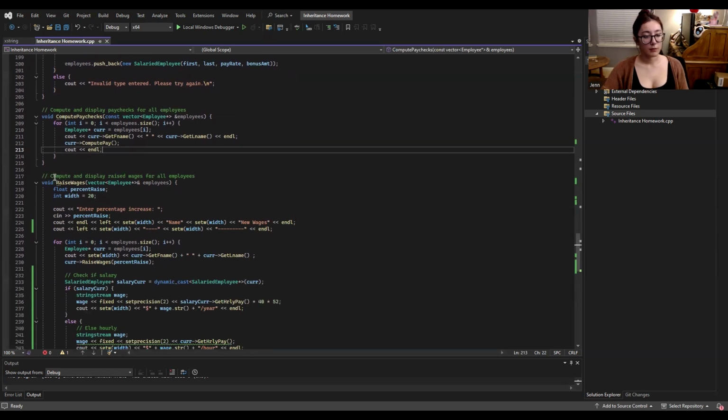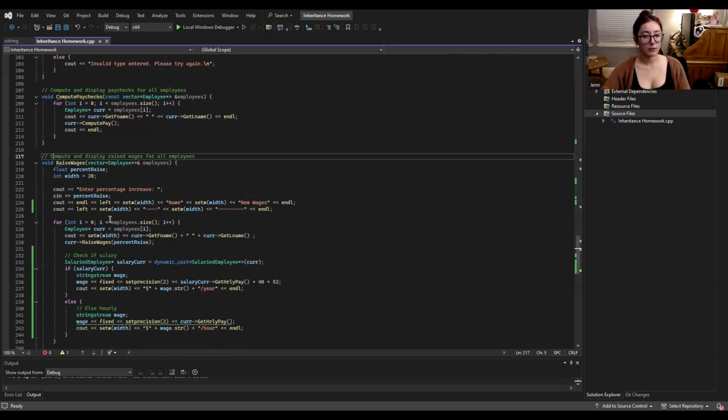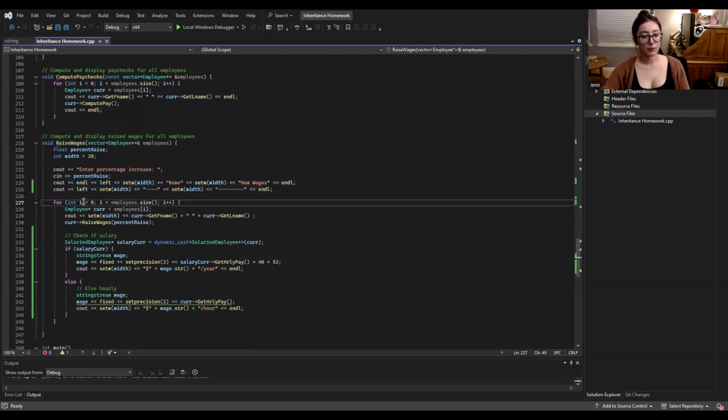And then we have a function to compute and display the raised wages for all the employees. So when we call this function, we pass in the employees vector again, and it's going to ask how much the percentage increases for the raise. Here's some formatting stuff. And then going through each employee in the vector, we're going to set the pointer of the current employee to the one at that index, and then say their first name, last name, and then